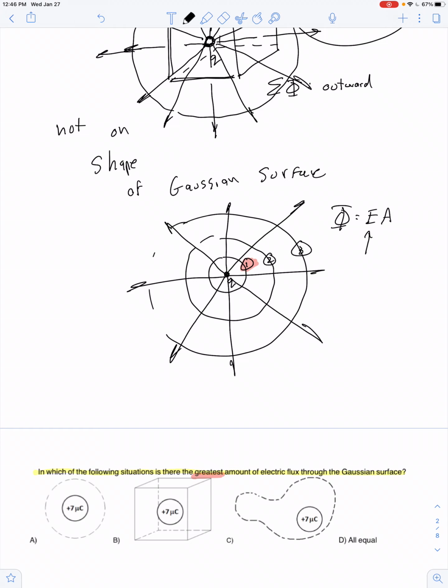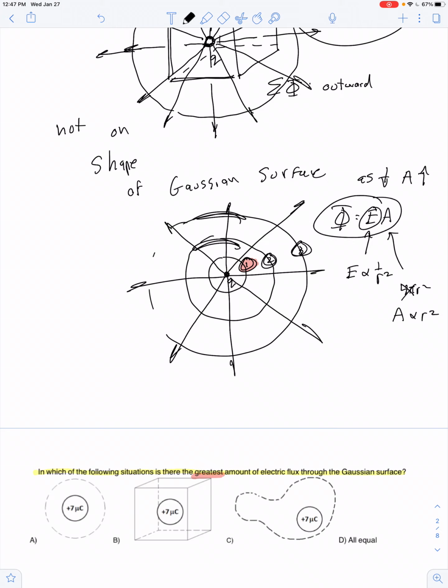Well, the field is governed by Coulomb's law, right? We know that the electric field is proportional to 1 over r squared. Coulomb's law is an inverse squared law. But the surface area of a sphere is 4 pi r squared, or in other words, the area is proportional to r squared. So for sphere number 1, 2, and 3, the only thing that's changing is r is getting bigger and bigger. So as the electric field gets weaker and weaker the farther away we get, as the electric field strength is going down, the surface area of our Gaussian surface is going up, and so the amount of